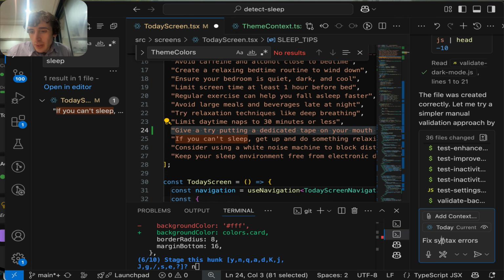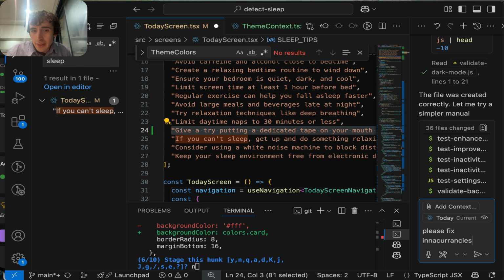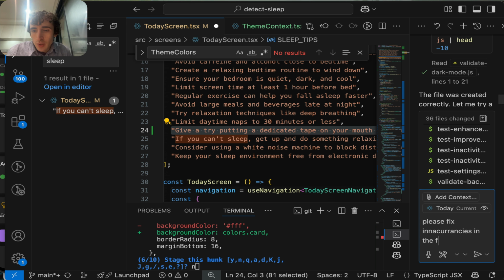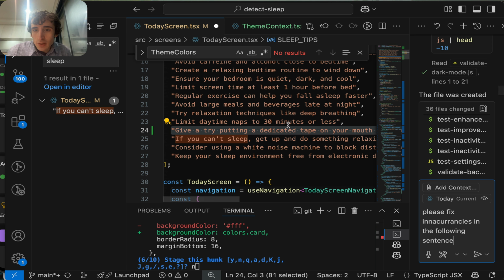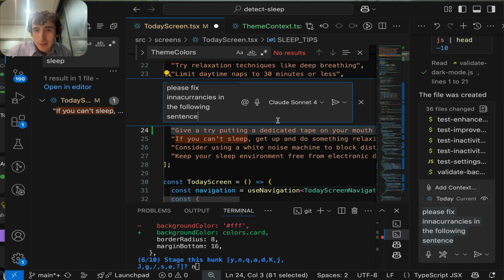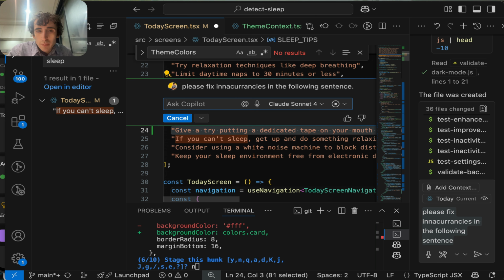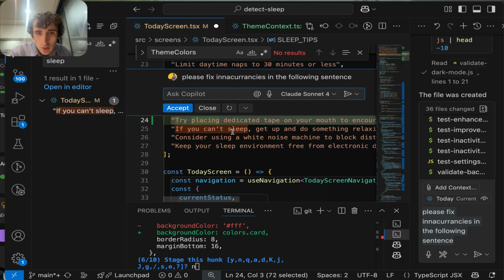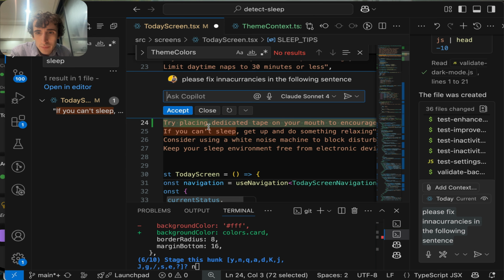And so there we'll ask Copilot, please fix inaccuracies in the following sentence. And actually no, I will paste this one and press enter, because we don't have to use the agent for that. We can directly use the inline chat. So a dedicated placement tip, yeah,